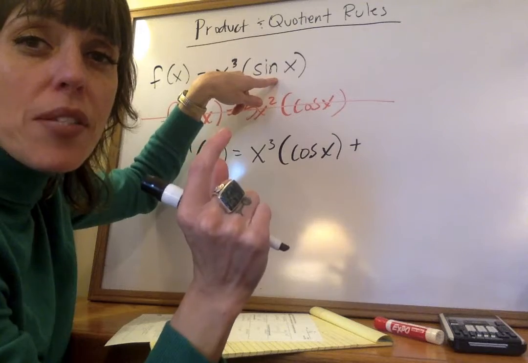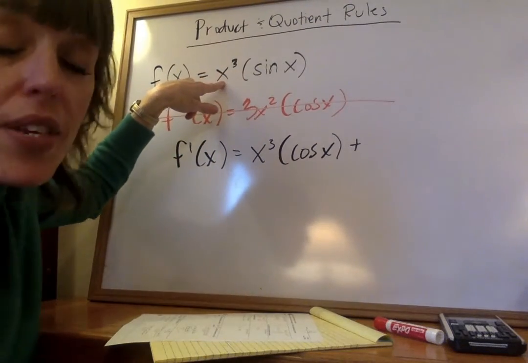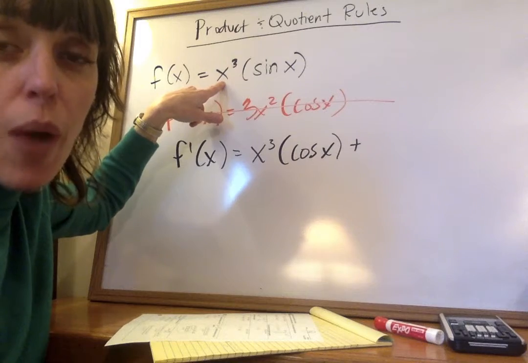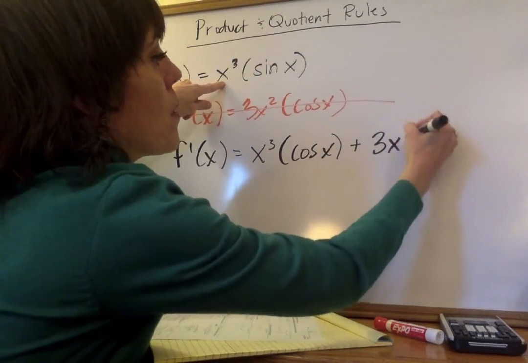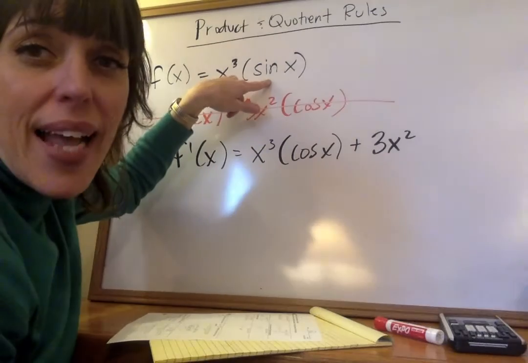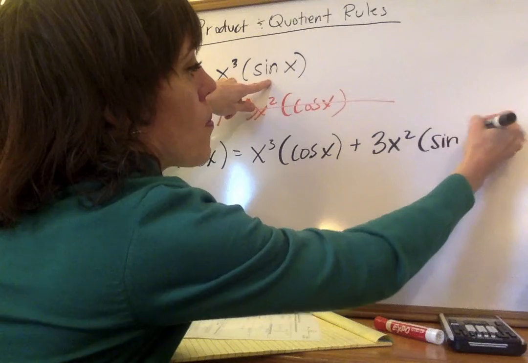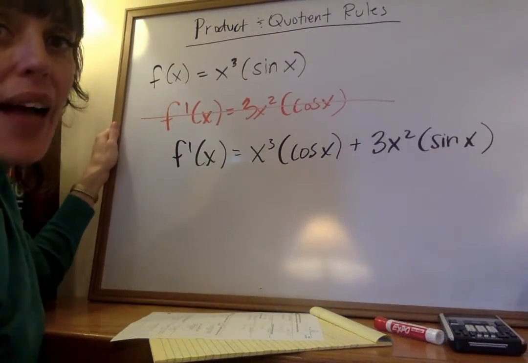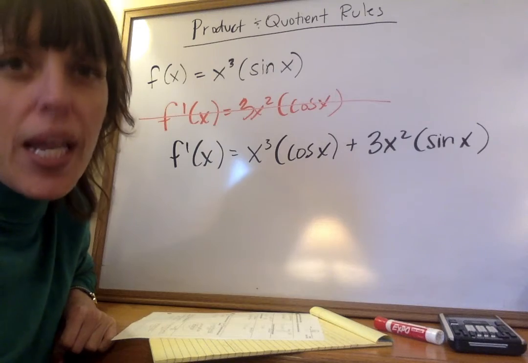And then I basically do the same thing, but I flip it. So now I want to do the derivative of x cubed, which using the power rule is 3x squared. And I'm going to leave sine x the same now. So that is the correct way to find the derivative of that function using the product